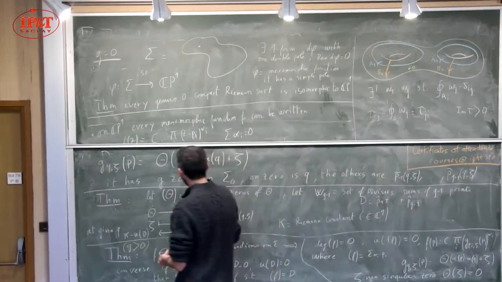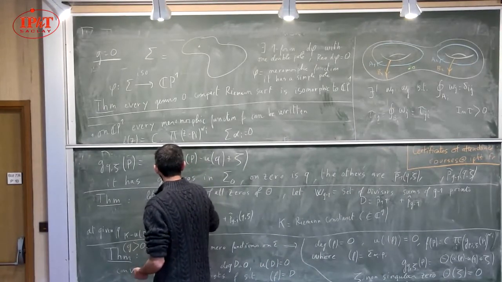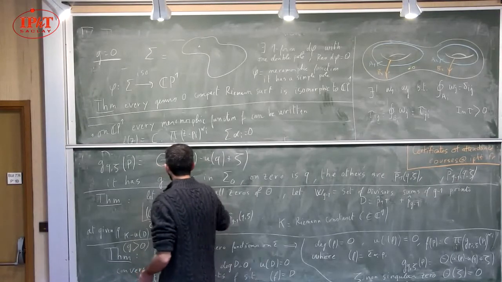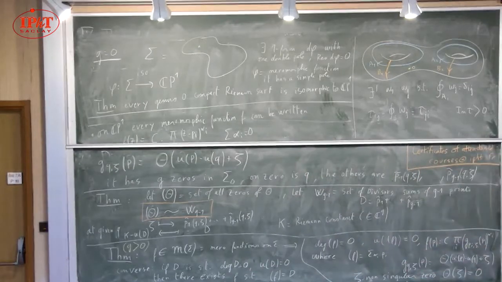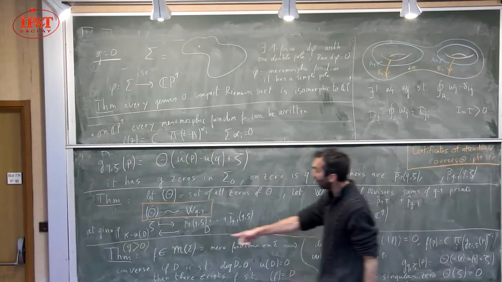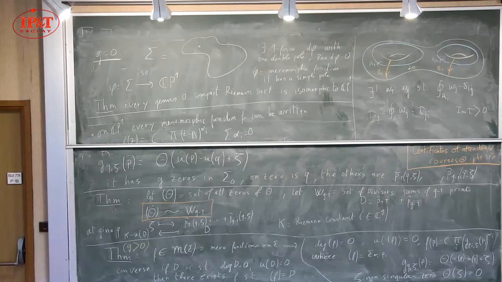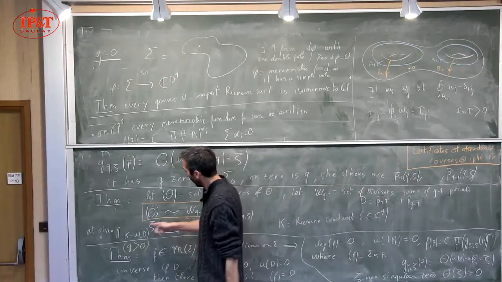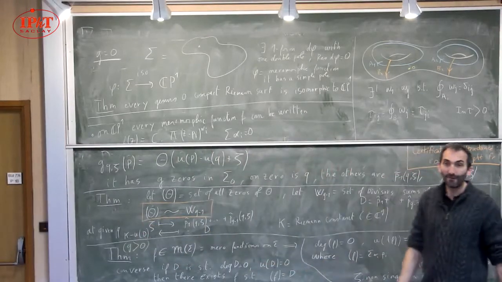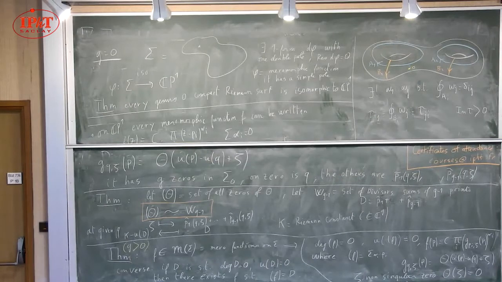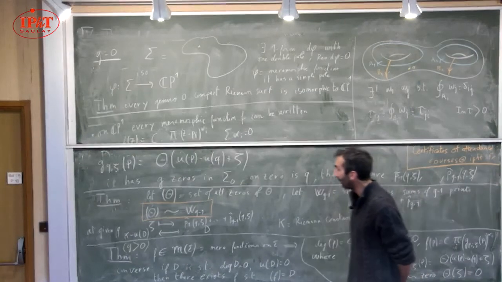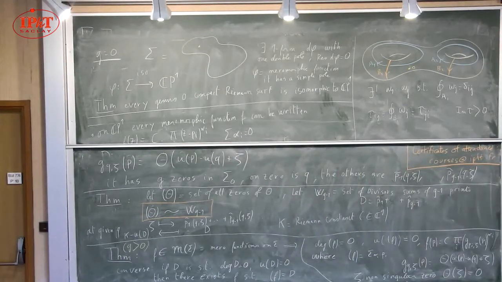So this is an important theorem saying that the set of divisors of theta is isomorphic to the sum of G minus 1 points. So every zero of theta is k minus the Abel map of a sum of G minus 1 points. And vice versa, every sum of G minus 1 points, when you take the Abel map and take k minus this sum, is a zero of theta. So this is quite an important theorem that characterizes the set of zeros of theta, and that we shall use a lot, in particular in the proof of Riemann